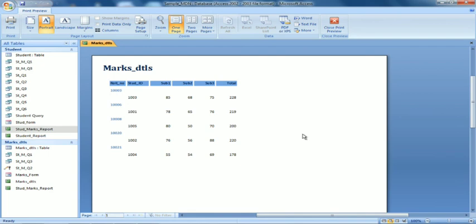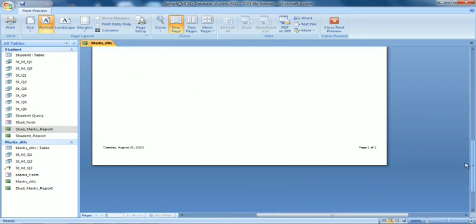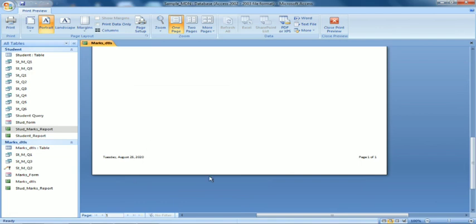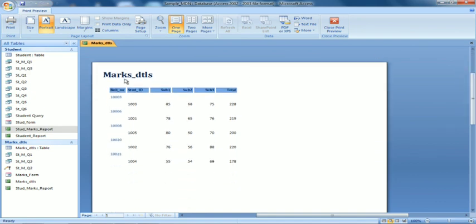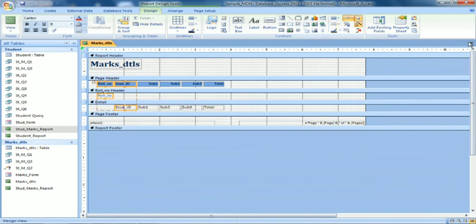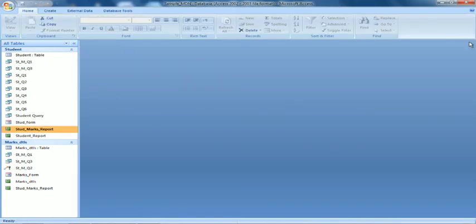So this is how my marks details report will be done. So this is how I can see my report. All the records are being displayed here. Page 1 of 1. As I've inserted time, it is over there, so time and date is already there. So this is my report, where the title is marks details, roll number, student ID, subject 1, subject 2, subject 3, total. So the total of individual totals has come up, and I do not want it to appear in any other way. I have selected this way and it will appear in this way only. Now I can close print preview, and I close.